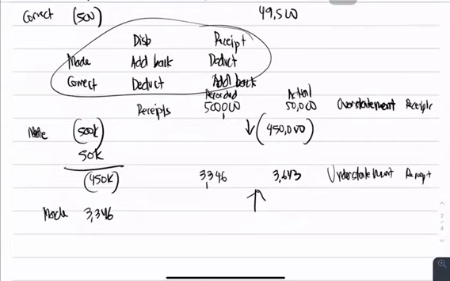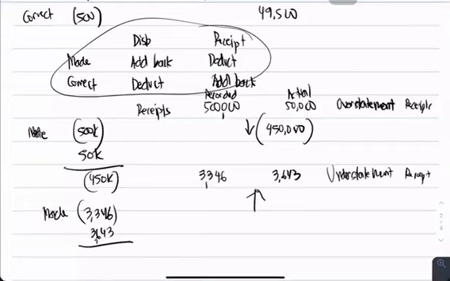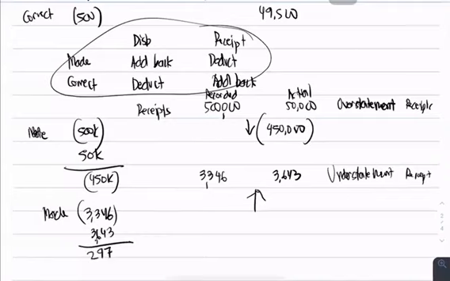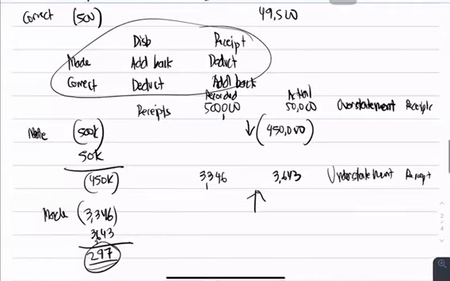What is the actual? 3643. So, what is the net amount? 3346 less 3643. We have 297. Tama ba? 297. Okay, so you need to increase it